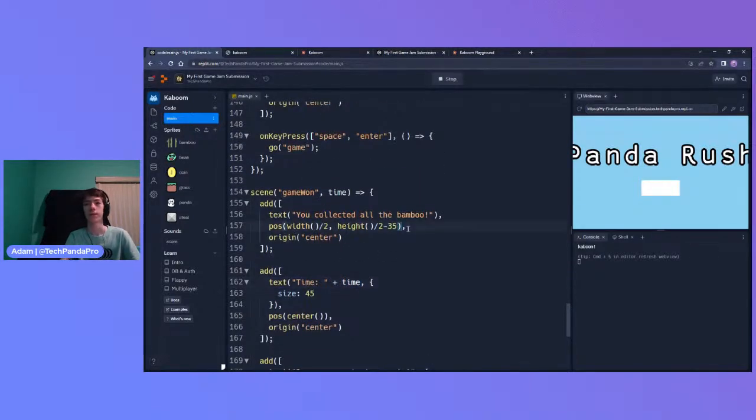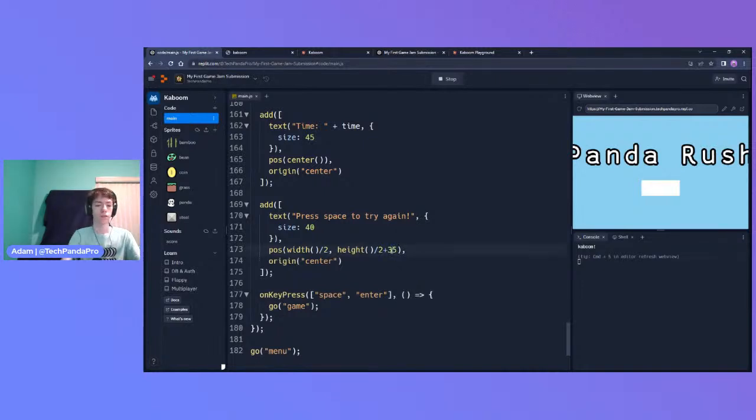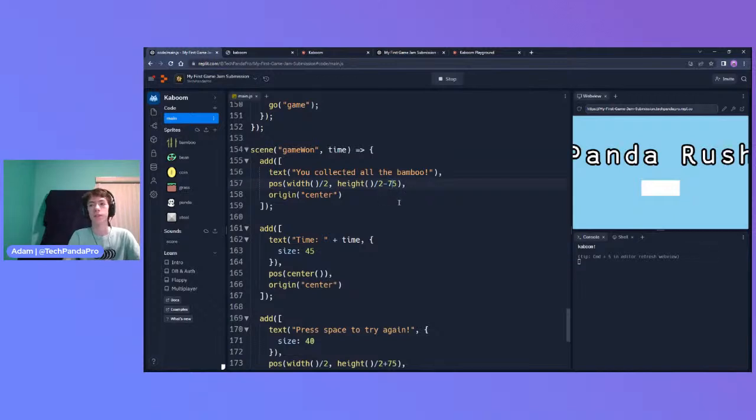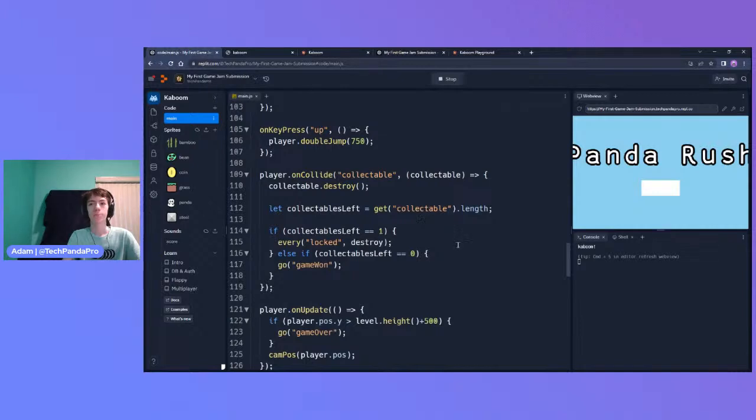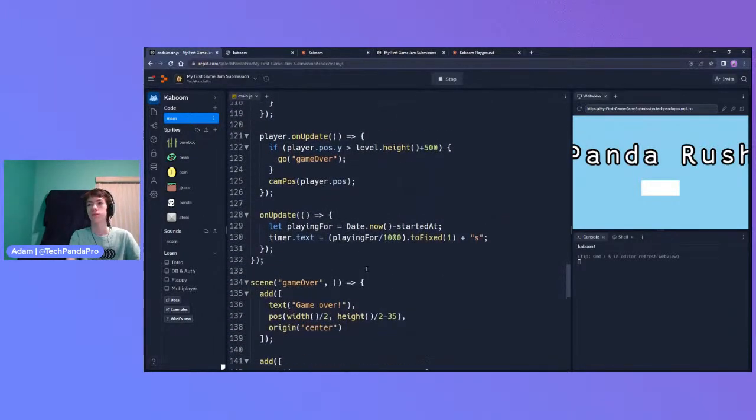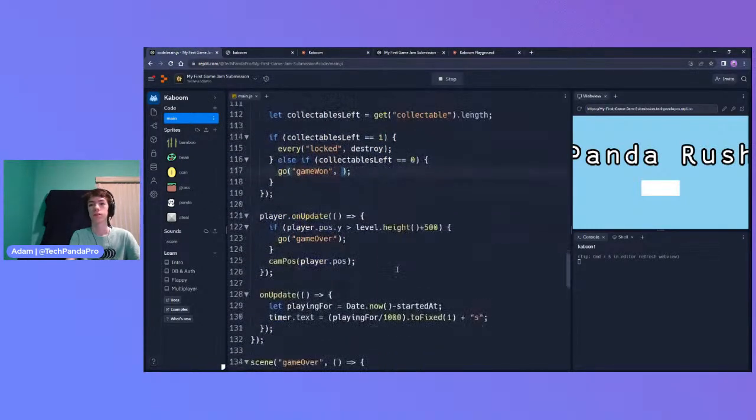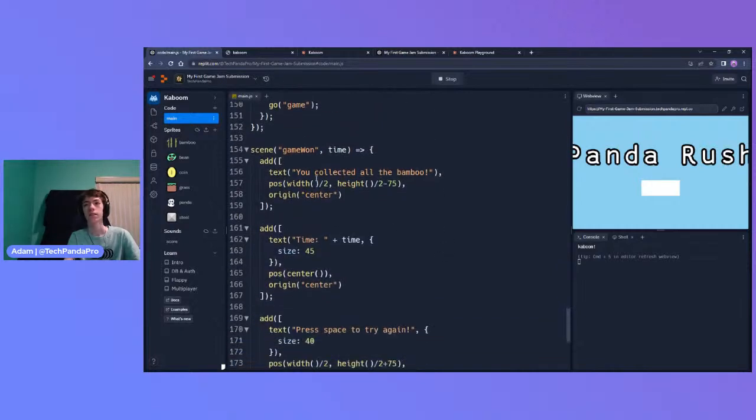Perfect. Okay, I think we're going to need to move these a little as well. So let's add, so 45, let's do 85, 85, or 75 actually. Just try it, see what happens. And then when you collect all the bamboo, then you want to say date now minus started at, and here